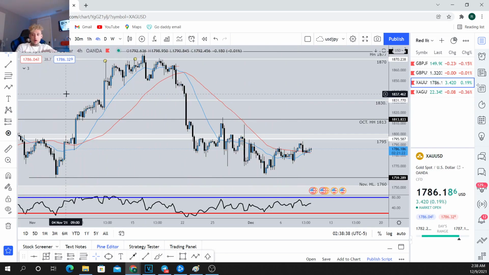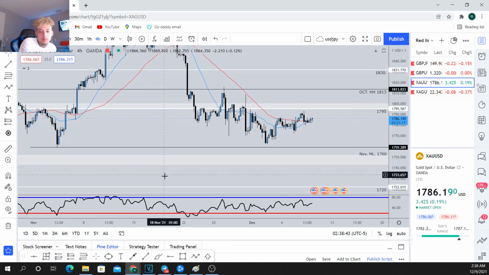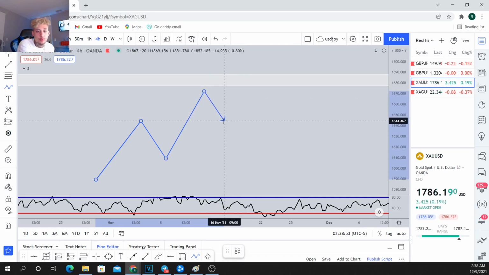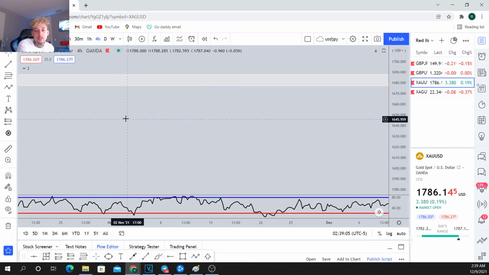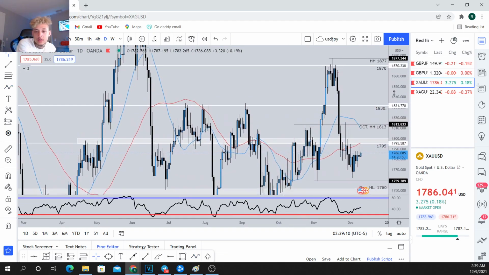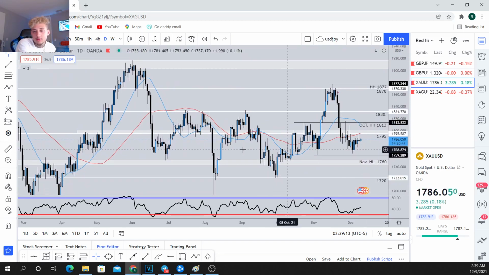So again, all time frames have to be in sync, right? Let me give you another example, right? Just a quick example here. If price is making higher highs and higher lows, and this is the daily time frame, and you see price come back into a previous level of structure, the price is most likely not going to go up until the daily time frame forms that engulfing. Once the daily forms that engulfing at our previous level of structure, that's a sign for us to actually look to take a buy. Now let's try and find this on the chart, even though it's not really